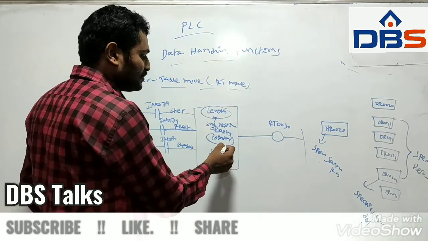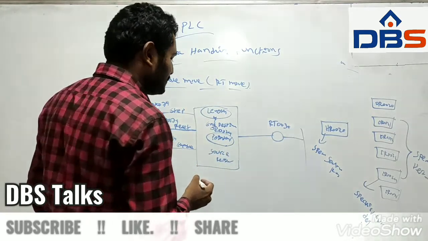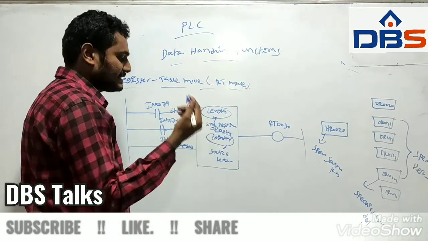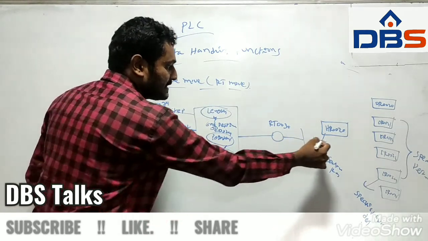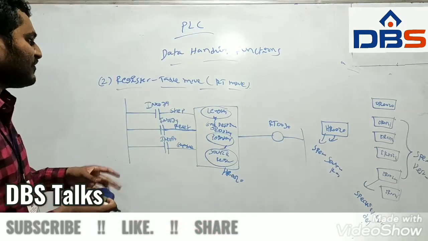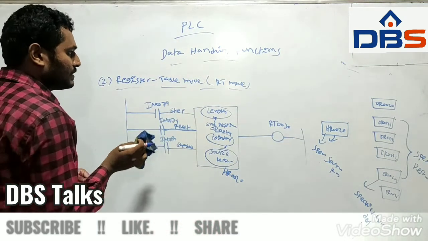And here in this also we are taking a pointer block in the functional system. So this pointer is used to give the information about the registers, at which moment we have to move them. The source register is the only one register we have to move, that is HR0020. So this is the block format of the register to table move.